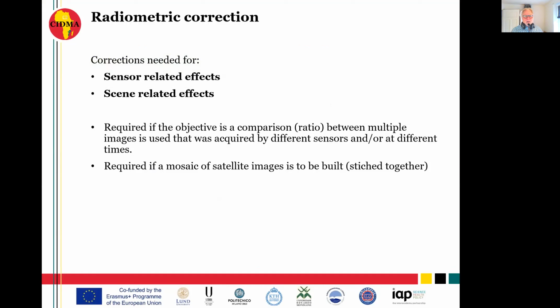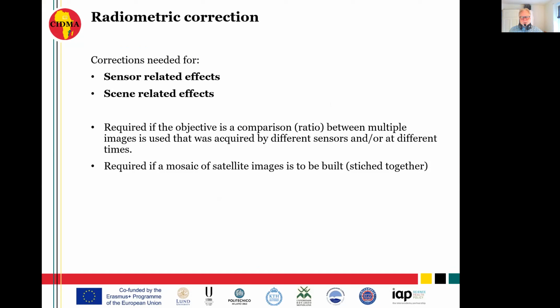This is required if the objective is to compare two images, for instance, and look at how reflectance has changed between two images, maybe taken 1 year apart. And it is, of course, very important if the images were